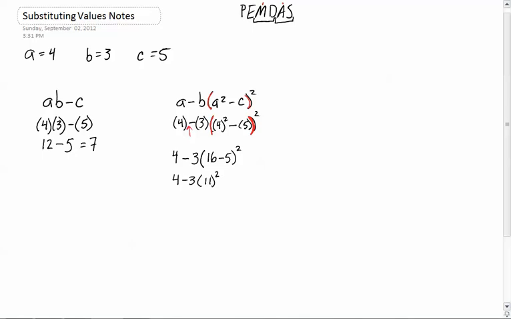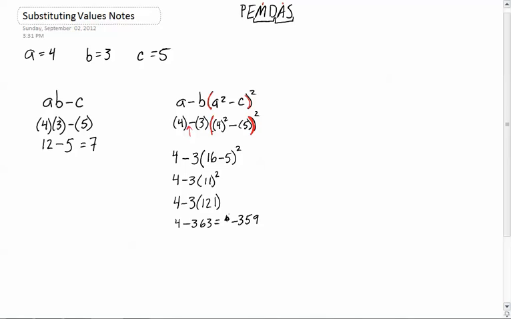The next step after parentheses is exponents. So now I'm going to do the exponent, which is 11 squared. Do not do the subtraction, or I'm going to whack you. Yes, from over here, wherever I am, I'm going to whack you. 11 squared is 121. Now we do the multiplication, which is the 3 times the 121, so that'll be 4 minus 363, and that will give us a total of negative